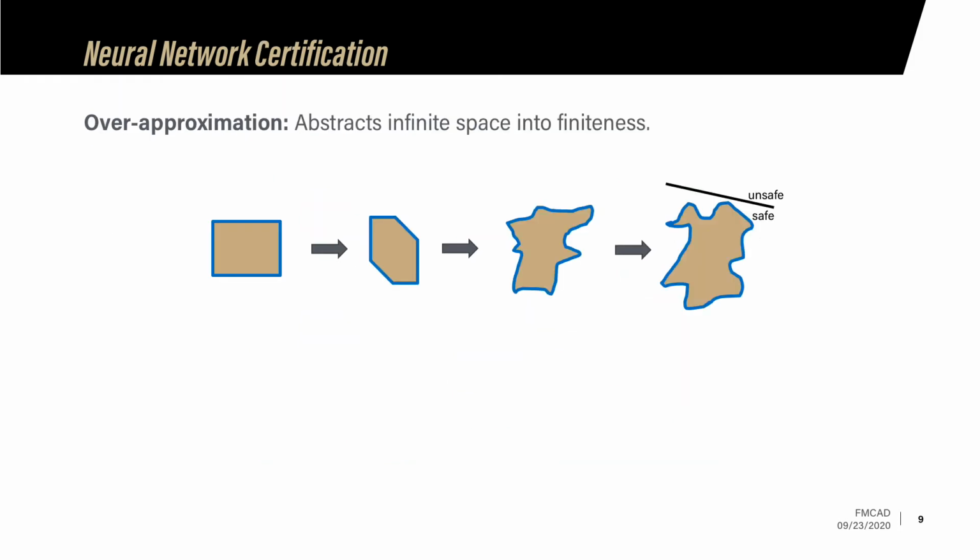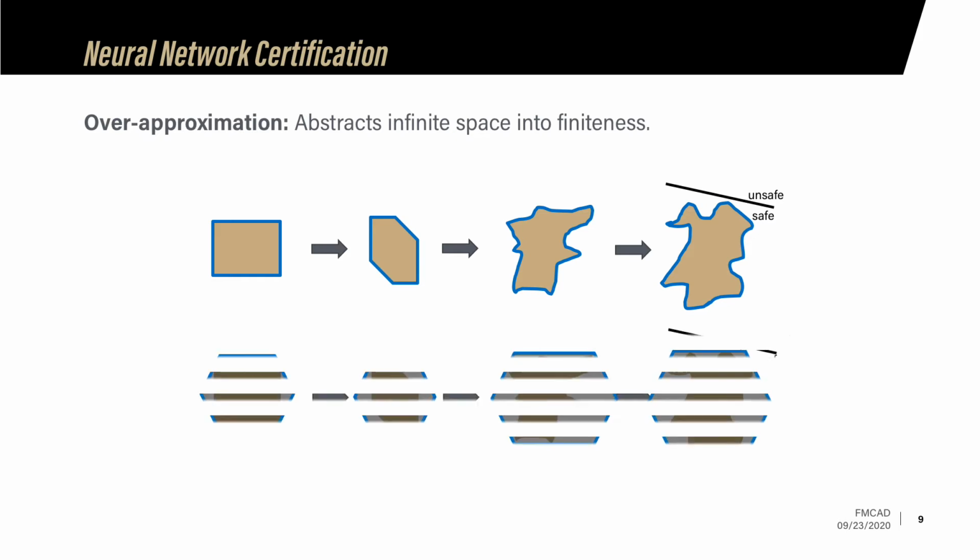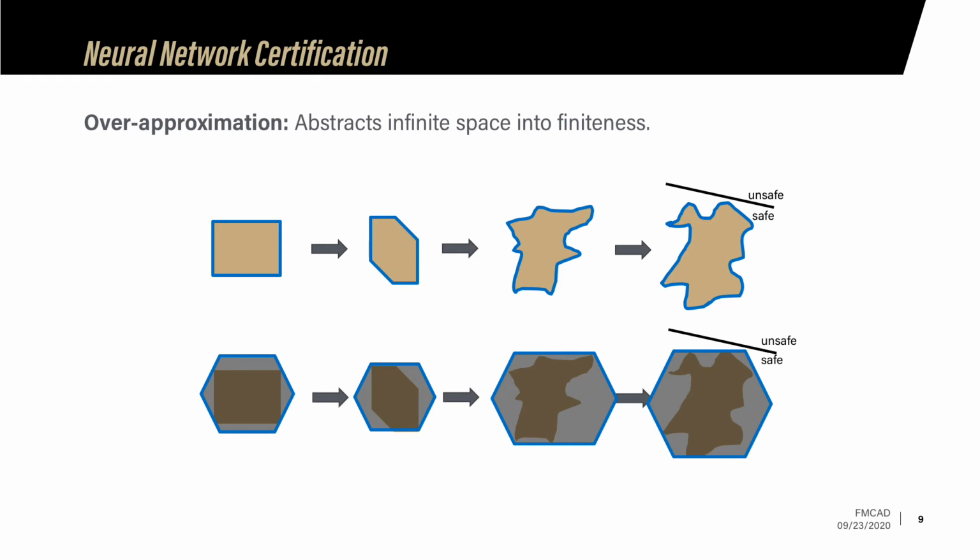We argue that correct by construction training should be based on some metric that can directly evaluate the entire region, but not on individual points. We will elaborate on this more in the next slide. Therefore, here come the over-approximation-based neural network certification techniques, which are already heavily used in program analysis, numerical analysis, and other fields. Here, we just randomly use a hexagon for illustration purposes. In reality, abstractions like intervals, zonotope, octagon, polygon, and many others are being used.